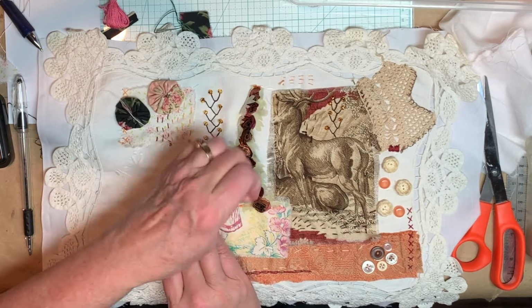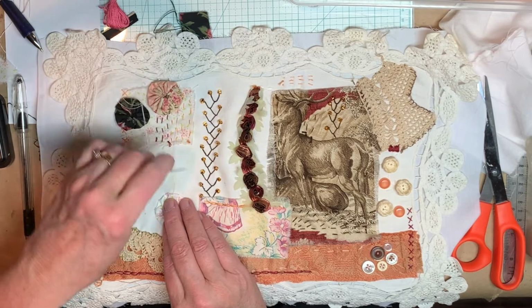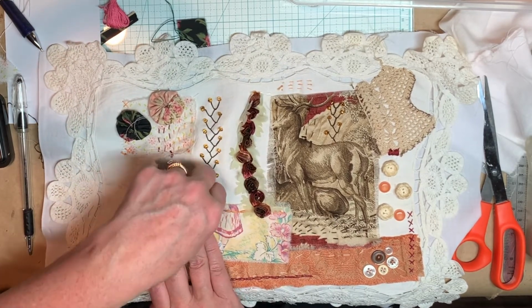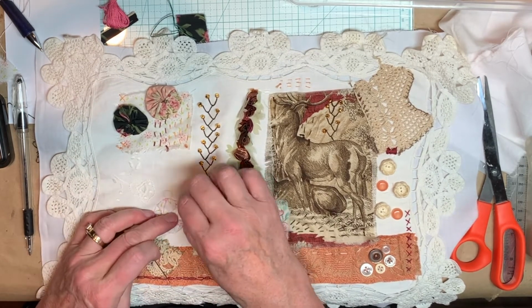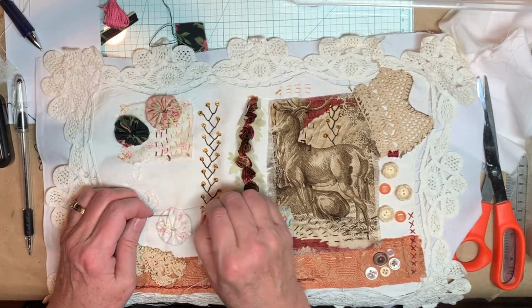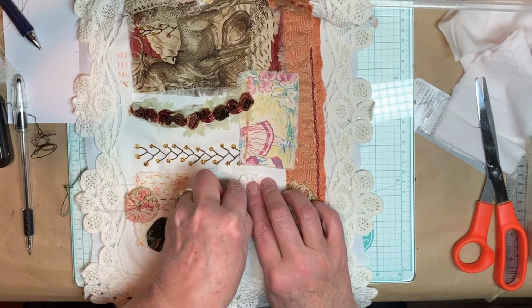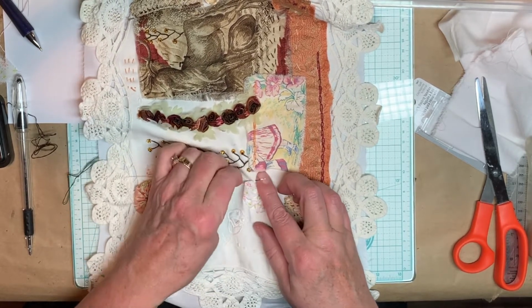And I thought, well, I don't know that I'd ever want to crochet anything major, but maybe just the edge on something. There's just, oh my goodness, so many things you can do with a junk journal, isn't there? And when you throw fabric in, it just multiplies the possibilities. I'm pulling this kind of tight. When I put the needle in the edge, I'm pulling it out so that I stretch this yo-yo out